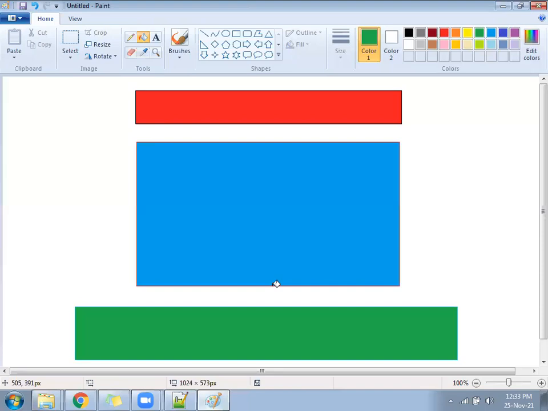Okay, so apply the thought, try one page like this. Give the file name template1.html. This is one from your side, what you understood. So you are going to create the ID, clear. There will be how many divisions? Three divisions, and all three will have different IDs. First one is red, second is sky blue, and third one is green. First two have different height, same width. Last one has different width, and different height. Try something, anything.